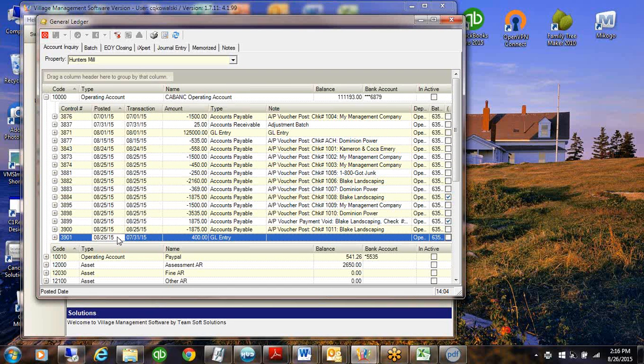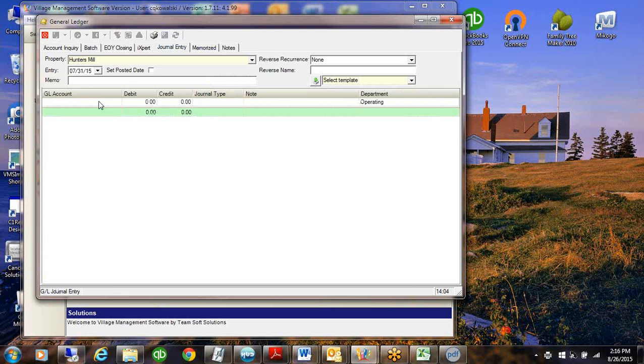So when it pulls it on my income statement and my balance sheet, it's going to show cash was increased for $400 in August and income was increased in August, not July. That's just a reference. So if you want something to be posted in July,